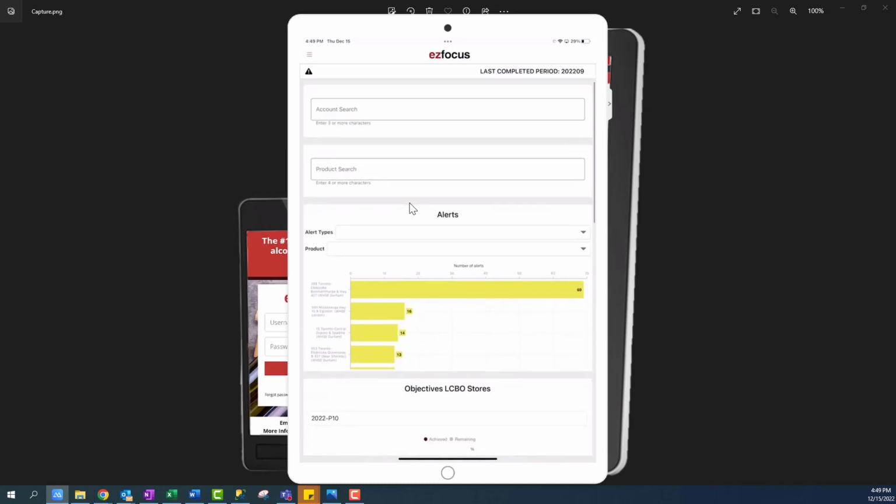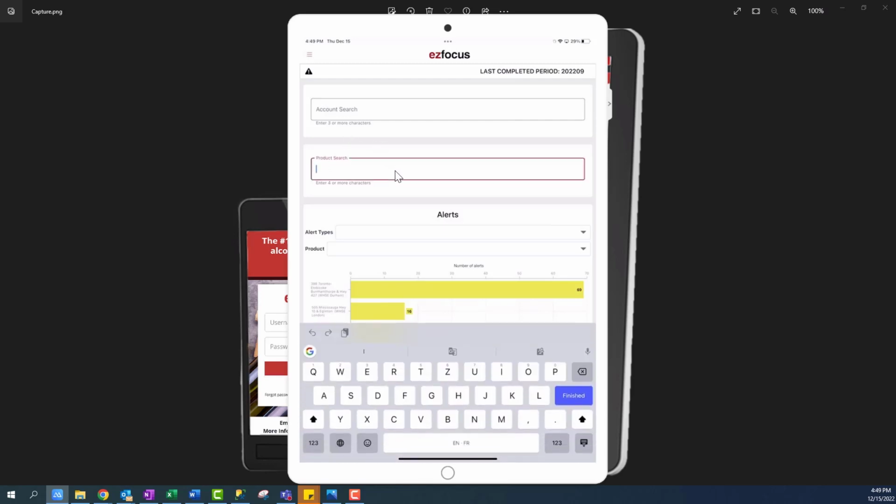Handy stuff. One of the most important features about ezfocus's mobile app, just like the web version, is the search bars. The search bars are great. They're going to save you lots of time every year. We've added a couple of features for the product search bar. So if I type something like a brand that I'm thinking of, or a brand family, or a SKU number,